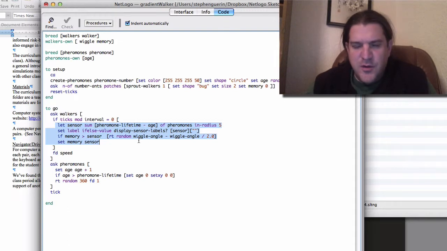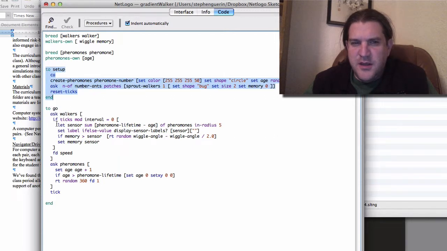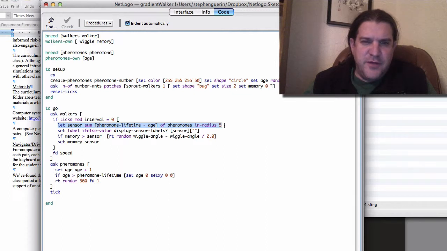And the code in NetLogo is relatively short, so I would expect it to be similar in StarLogo, probably just a few blocks to express. This is the setup up here in StarLogo. You're probably going to ask each of your ants to look at the pheromones in radius and basically compare